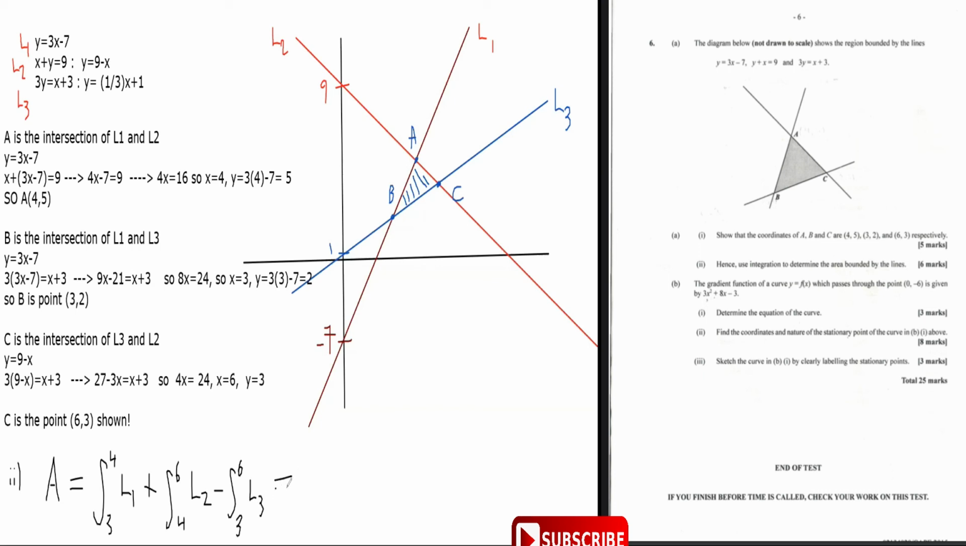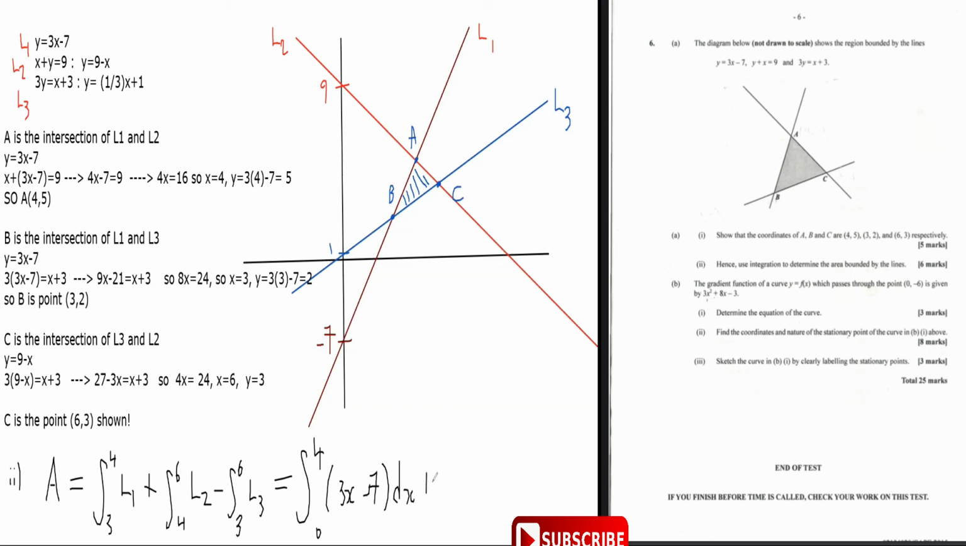So the area is equal to the integral from 0 to 4 of L1. Remember we had found L1. L1 was 3x minus 7. So we're integrating 3x minus 7. That's why it's good to have the graph. It makes it a lot easier. So it's 3x minus 7 dx